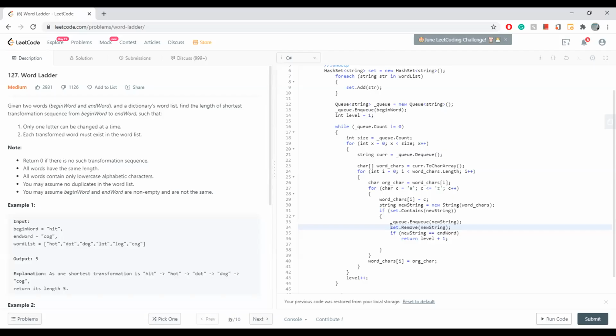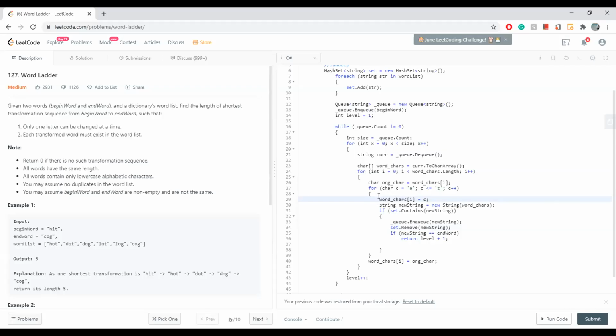Yeah, his solution is just space optimized. Whether you use a visited set separately or just remove from there, both will give the same output. Secondly, while checking from A to Z, you can check if your current character is already there. You don't need to replace it, right? You are taking every character and replacing at the ith index with this. Let's say hit is a word. When H comes again, you replace H with H. Oh, yeah, right. There is no point in that. Yes, so you can optimize that. Yeah, that's correct.